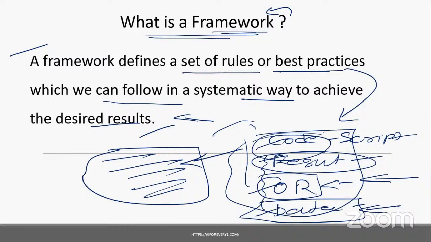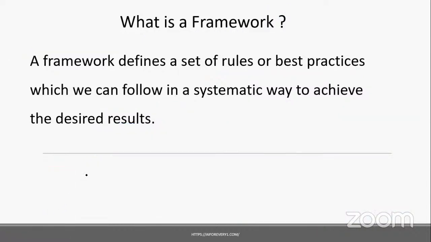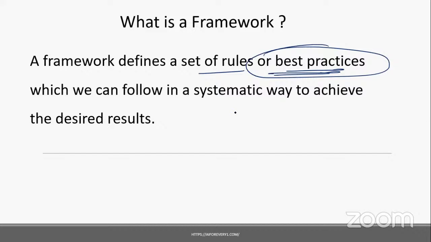So this is what we call a framework. Very simple. And there is no thumb rule that a framework must be like this. No law, you know what I mean by a law, that you must strictly follow. It is not like that. It is just a set of rules and best practices, mostly best practices. Usually every company will have its own framework, and within the company, the customers will customize it according to their expectations.